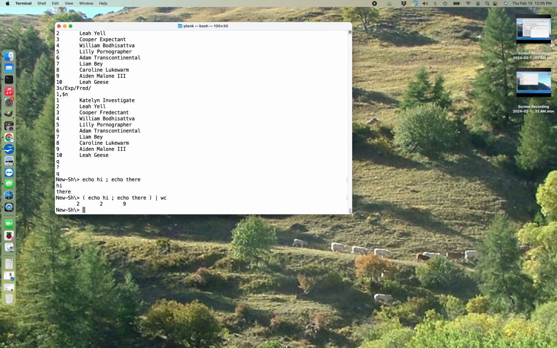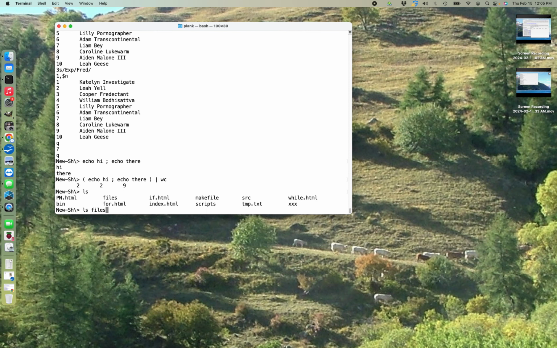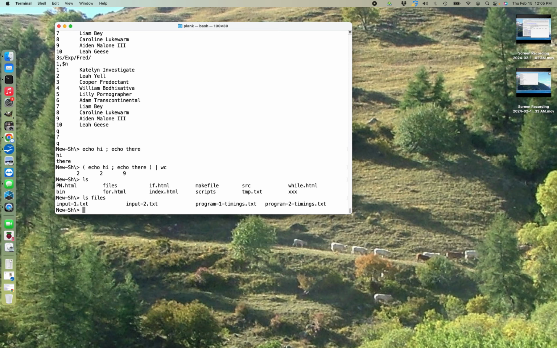Oh, this is a nice one. So here, files, programs, timing. Why do I have these long file names? All right, so in this files directory, I have two program timings. This is something that I end up doing at times. Okay, so here, grep dot, I'm teaching you everything. Files, PR star. Okay, what's that going to do?